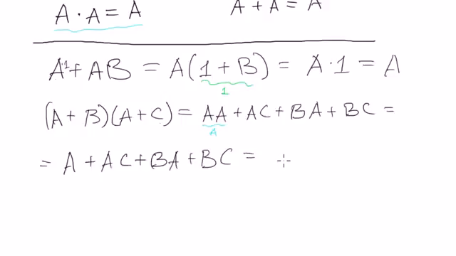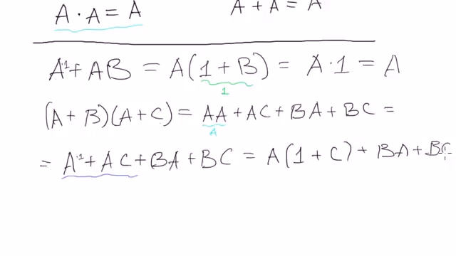Well, what can we do with that further? We can take a out of brackets in this expression, because we remember that a is actually a multiplied by 1. So if we take a out of brackets, it will be a multiplied by 1 plus c, and rewrite ba